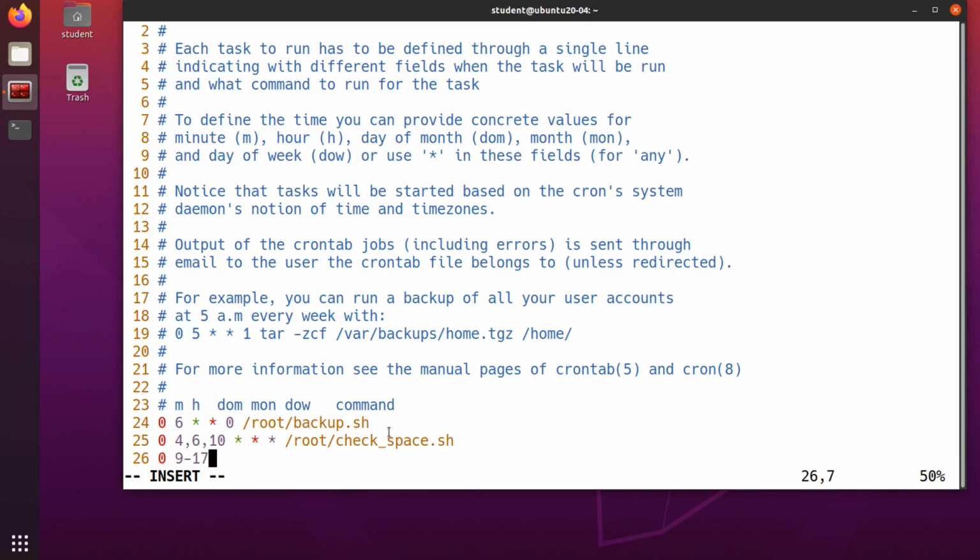9-17. It means between 9 and 17, or 5 PM. Every day of month, every month, and in the last field, I write 1-5. It means from Monday till Friday. And the path to the command or to the script. For example, root,